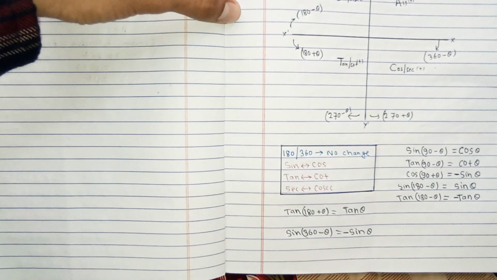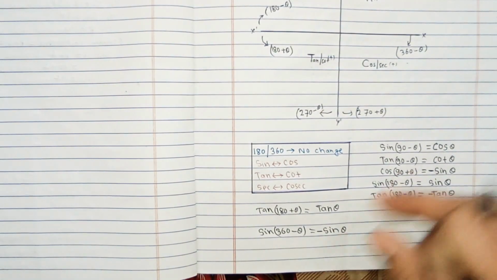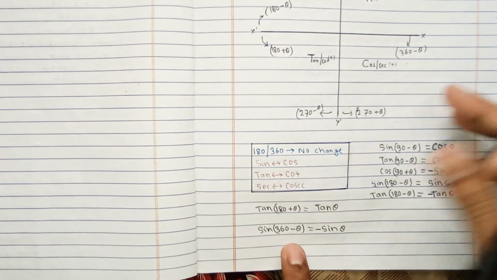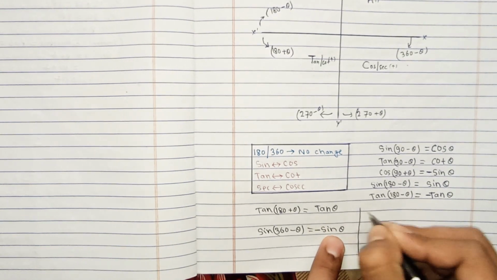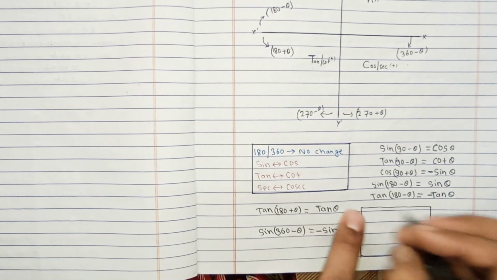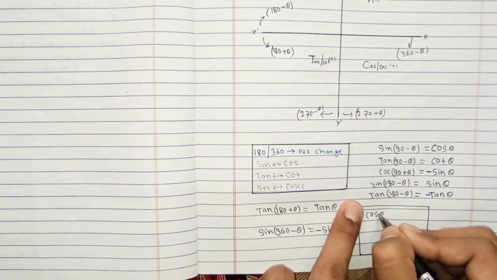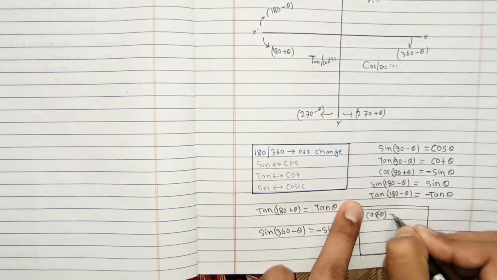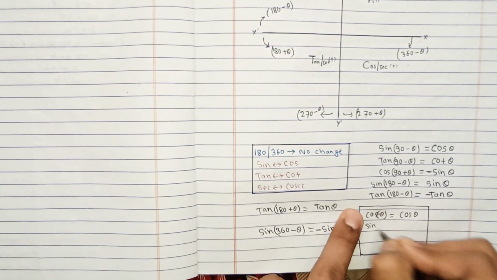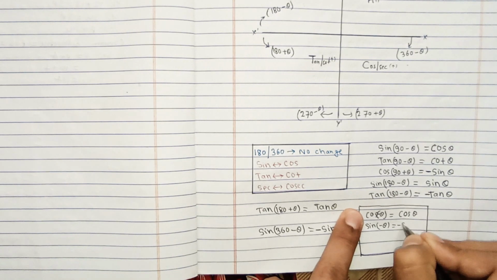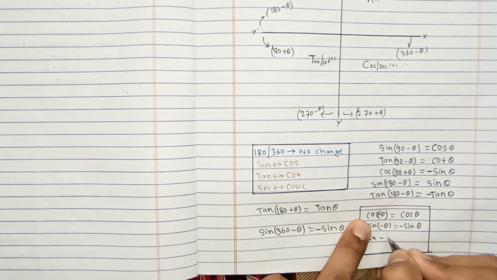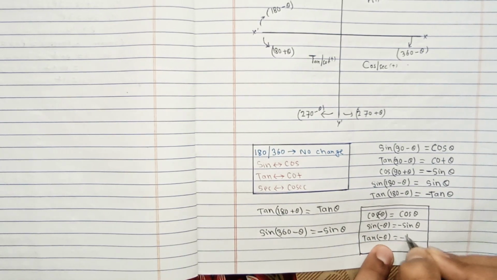And now one important thing: try another combination with the theta, and here you can try different combinations and check it out. I will give you one last rule from the cast rule. It's like we can write cos minus theta. Sometimes it is asked that cos minus theta equals cos theta, and sine minus theta equals minus sine theta, and tan minus theta equals also minus tan theta.